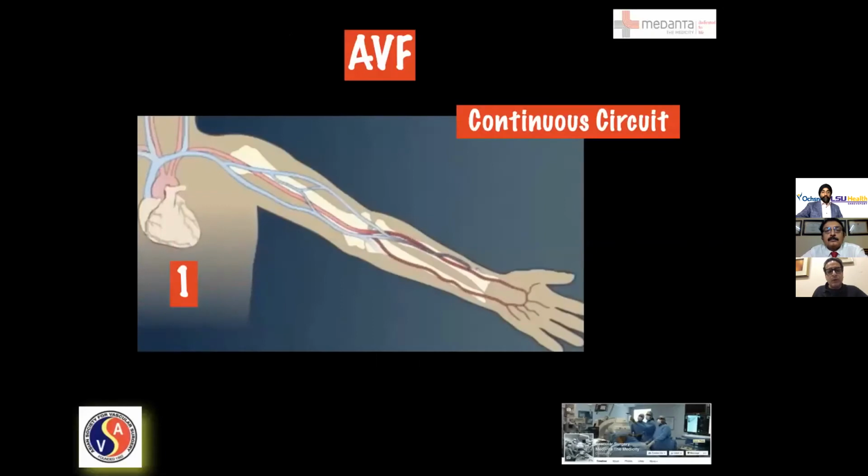It's very important to understand that when we create an AV access, it is not just a surgical anastomosis we are talking about. We have to think of it as a continuous circuit, which means there are three primary important components. We have to have a good heart, because we need a good ejection fraction. If people are in cardiac failure, their fistulas don't mature. Then the veins, starting from the fistula and draining back into the heart, as Dr. Srinivas had shown us in the previous presentation.